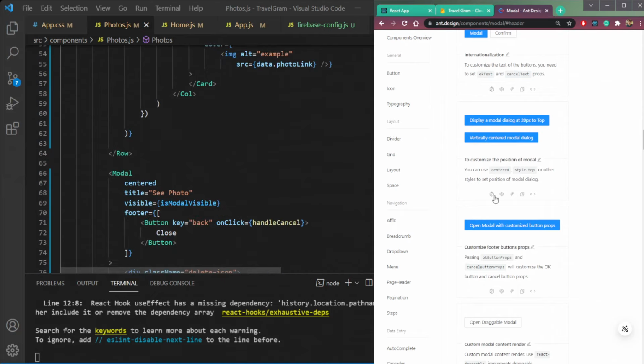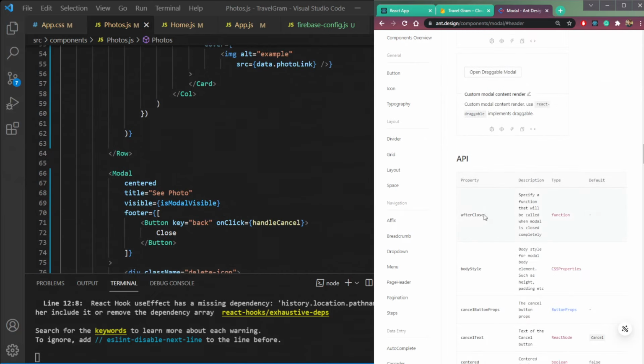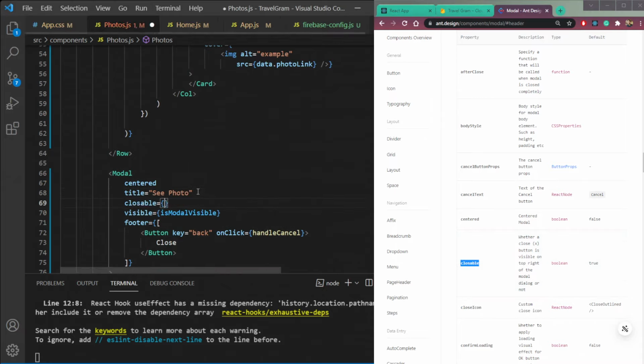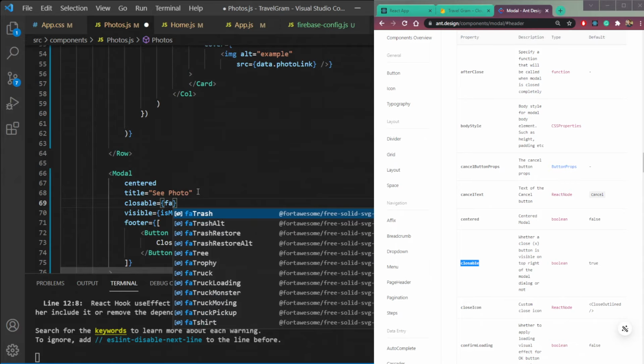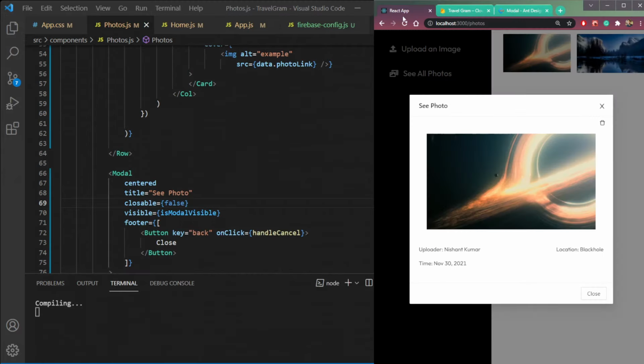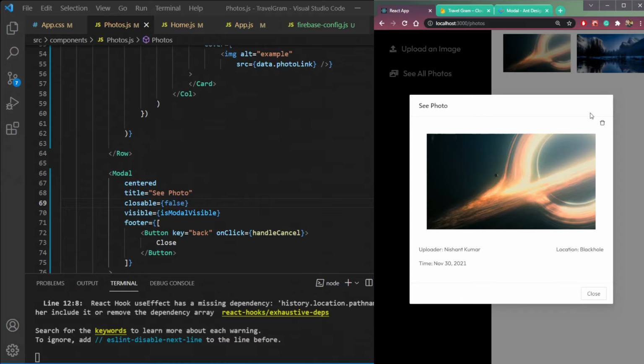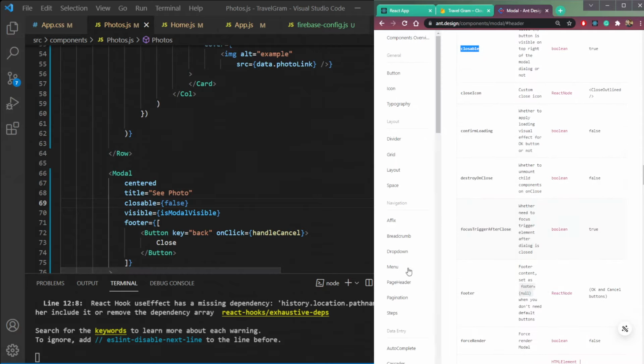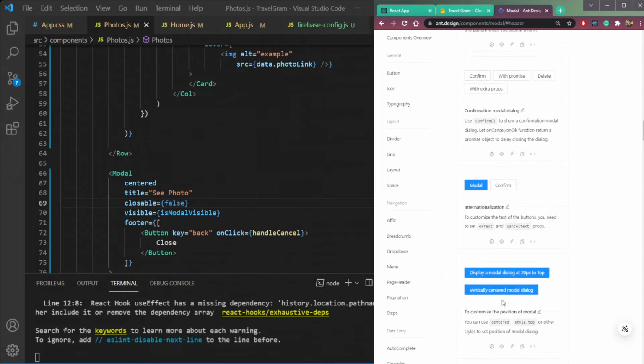So I think we already did that. So this closable should be false to hide that X button at the top. So do it. So you see this icon has been hidden, and I think we can also hide this title. So how to hide title?